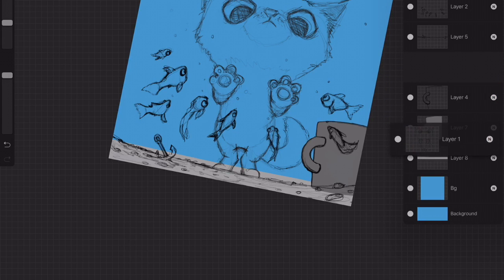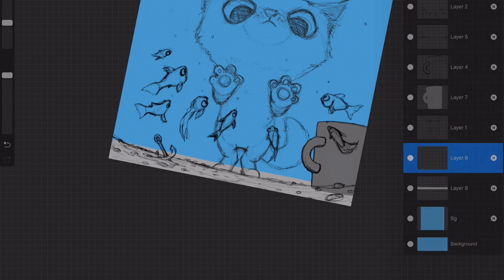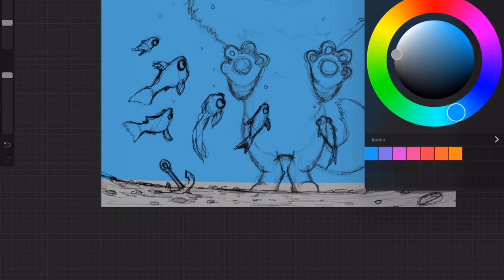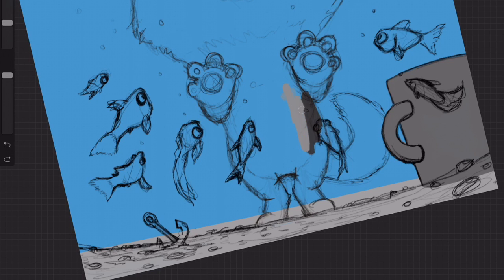I'm going to move the cat below the mug because, as you can see, the mug is overlapping his tail. The tail's behind the mug. So we move the cat below both of the mug layers, create a new layer, and drop it underneath the kitty. Now grab, again, whatever color you want. I'm going to go with a slightly lighter gray